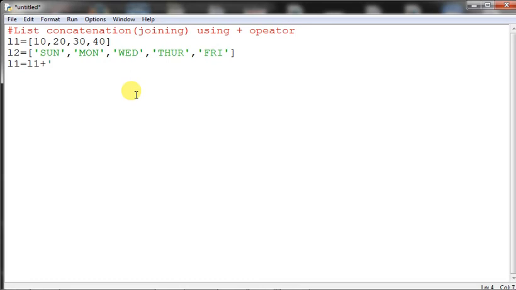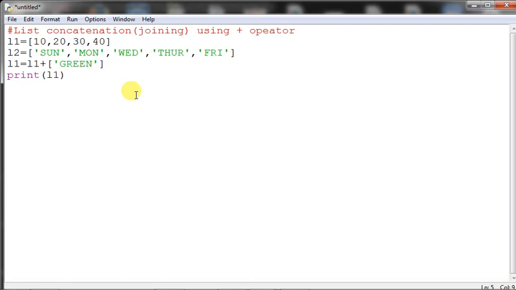Here I am giving the list, that is the element. So I am taking green. L1 plus green has been added, and I give print L1.